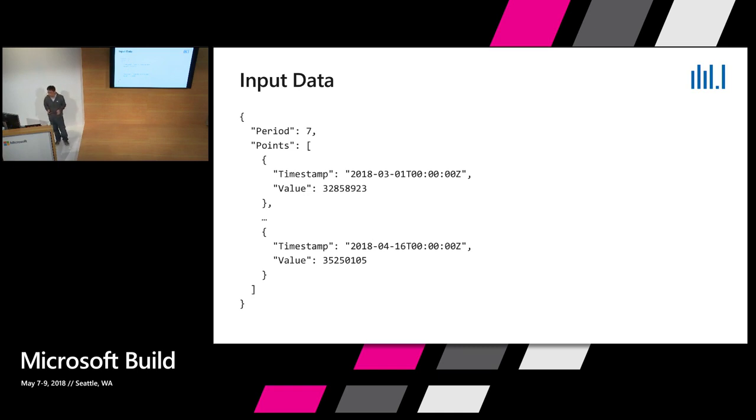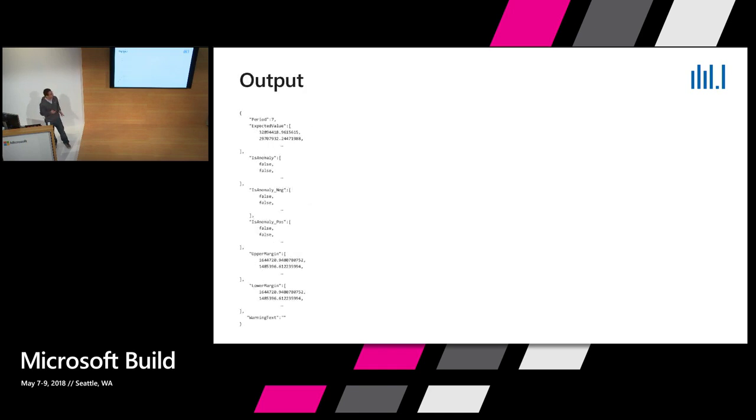It has actually two fields. One is the period. The other is basically an array of data points, a time series, right? And then you give this as input in the request body. So you post that to our API endpoint, and then we will be able to output the following in the